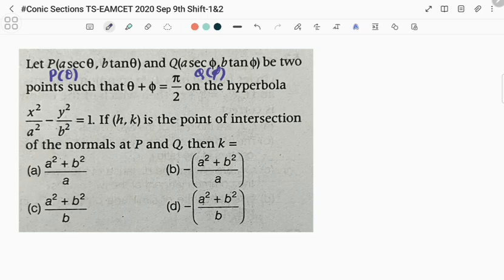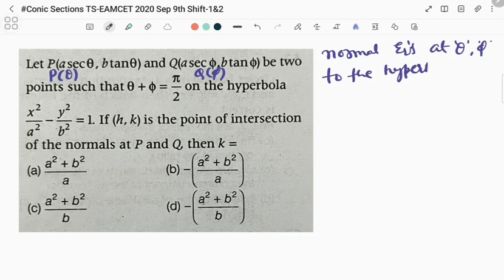So normal equation for the hyperbola. Normal equations at theta comma phi both to the hyperbola are